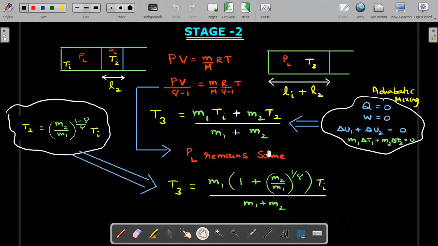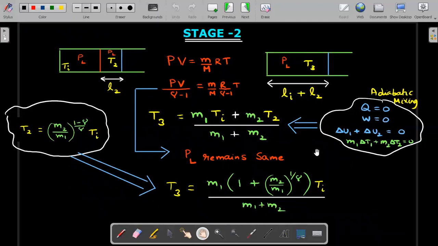Let's move to stage 2. Stage 2 is the easier one, and most probably the question that could appear in JEE Advanced has appeared quite a few number of times in other exams. So in case the partition, now the valve opens, and you are not moving the piston when the valve opens, you are waiting for this equilibrium to be achieved. So the left side temperature is still Ti, and the right side temperature is T2, right? You could clearly see that.